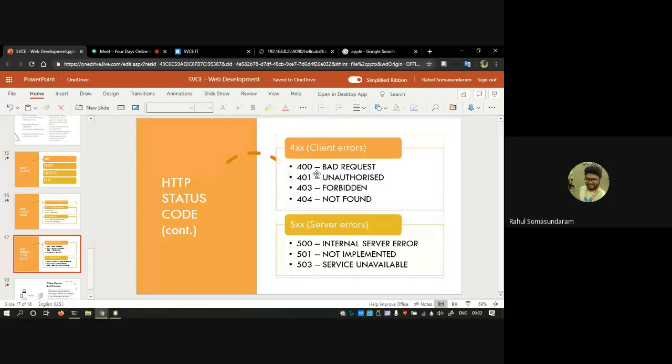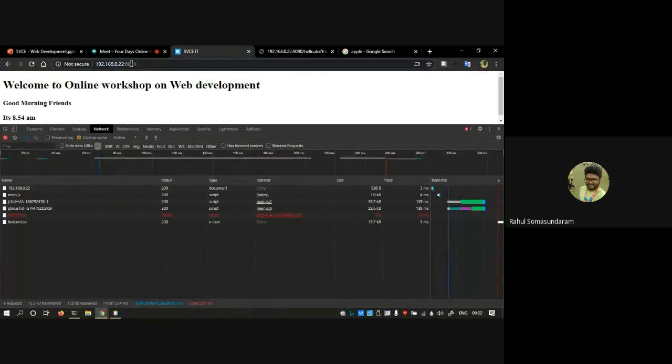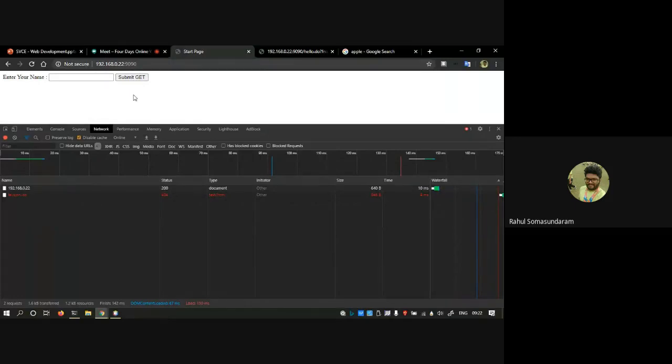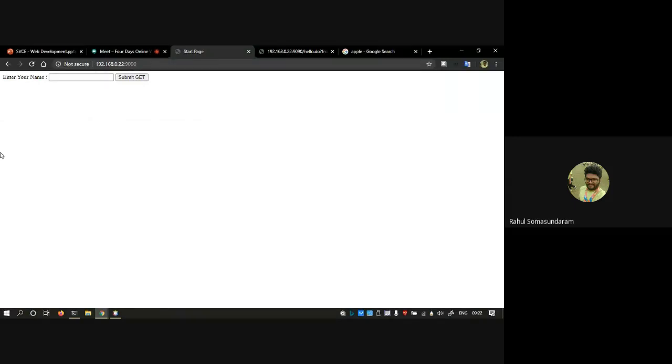So 400 is for bad request. What is a bad request? From the name itself, you can see that the client is giving some bad request. In this example, what if instead of a name, I give an email address? The example will just return whatever you give as the response.